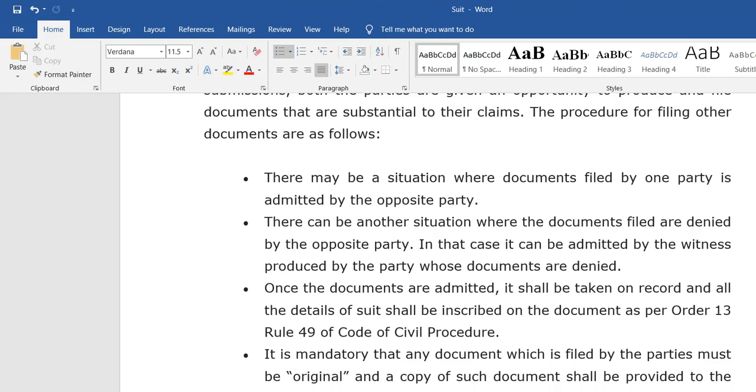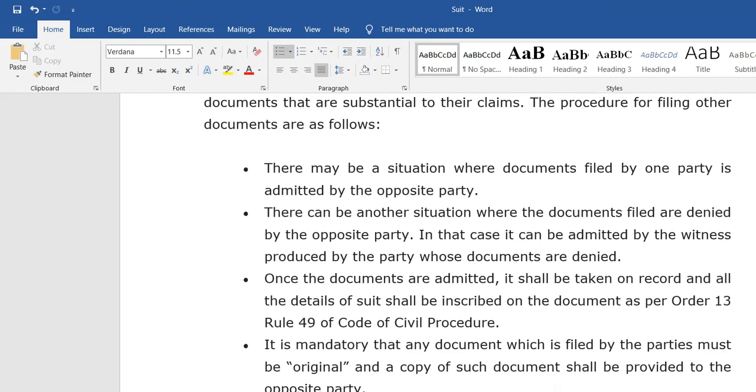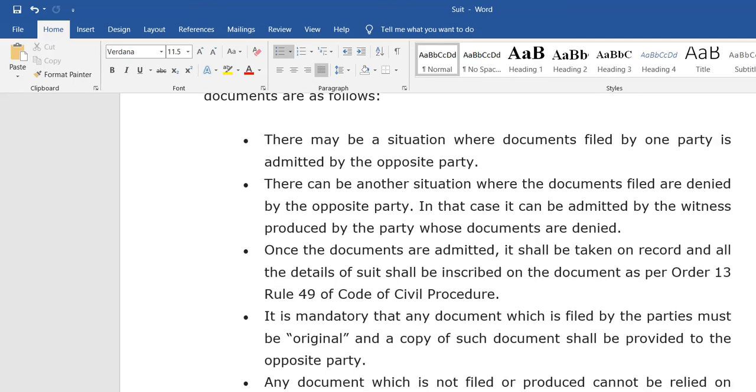There can be another situation where the documents filed are denied by the opposite party, may be accepted, may be denied. In that case, it can be proved by the witness produced by the party whose documents are denied. So the plaintiff should have a witness and the defendant should have a witness.